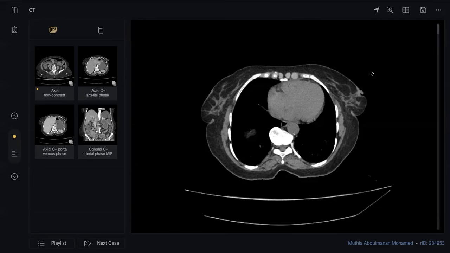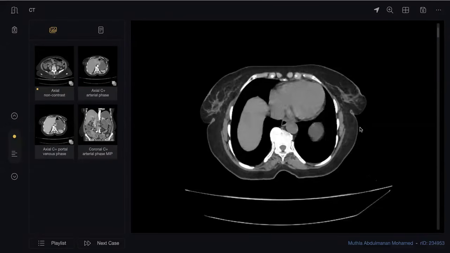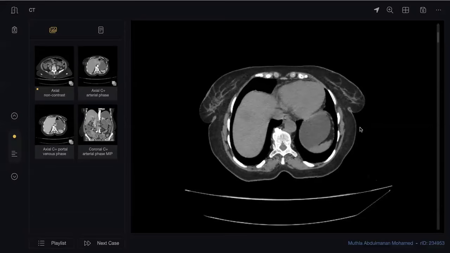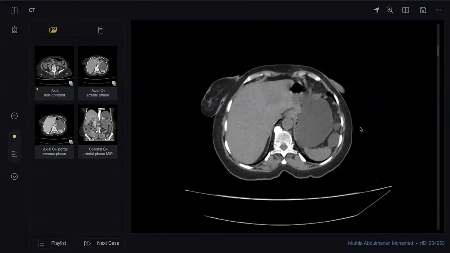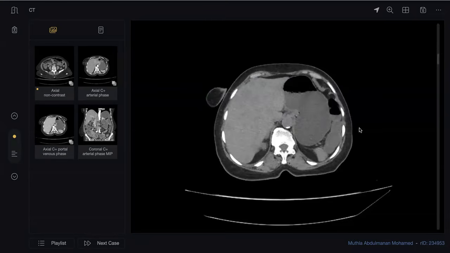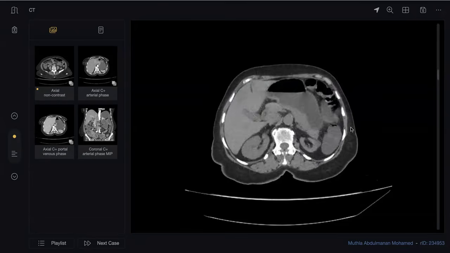Okay. From the first look, I can see the breasts are normal. I can appreciate there is a low density within the liver dome. I will scan the rest of the liver down, and as I'm scrolling, I can see